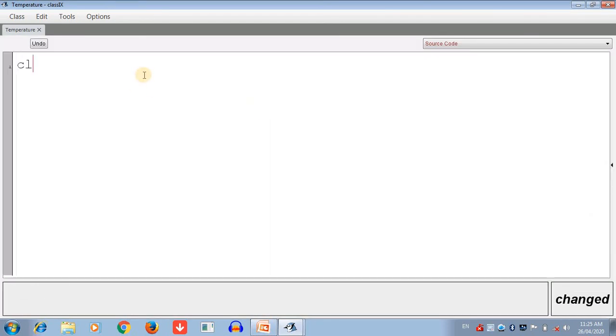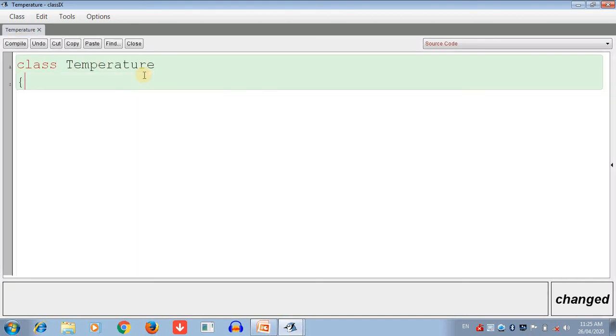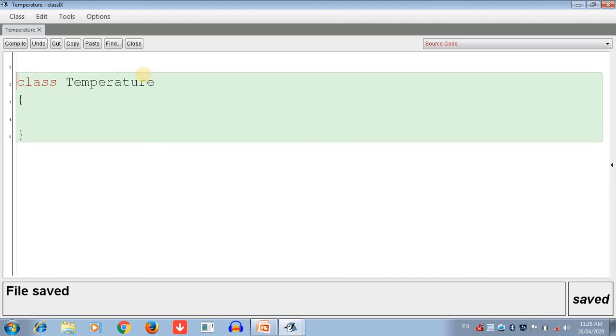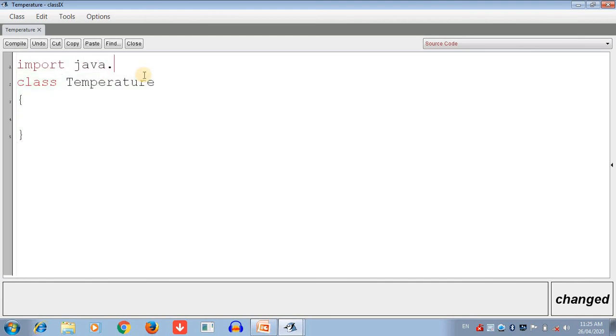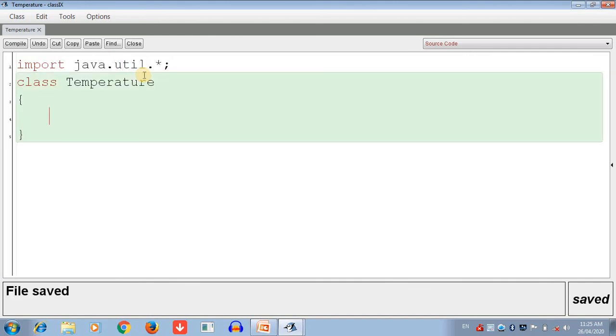Now we are going to declare the class name, give the braces of the class, and first we declare the package for input purpose. So I have declared util, and here declare variables. So tell me how many variables are required for this program.